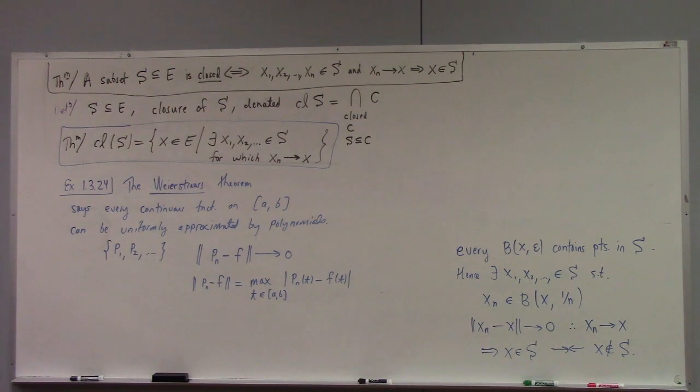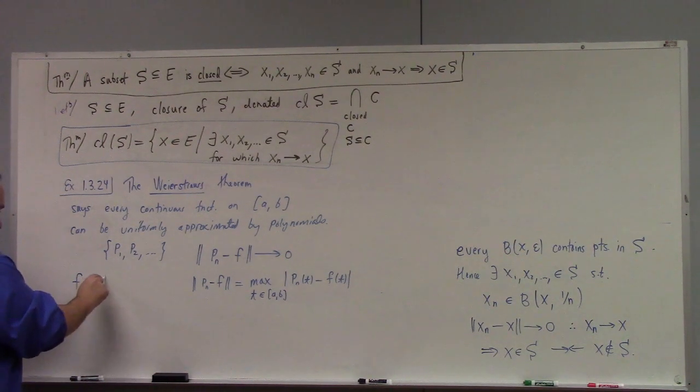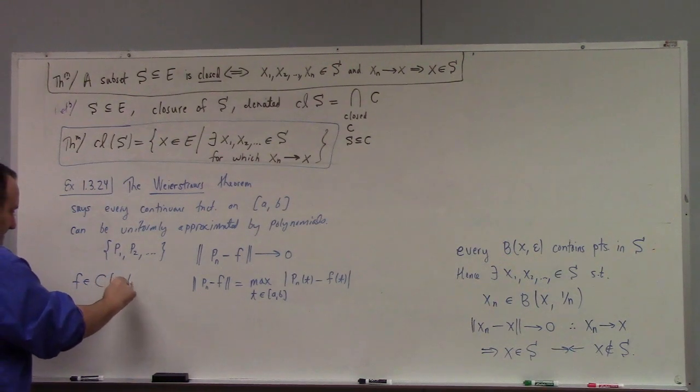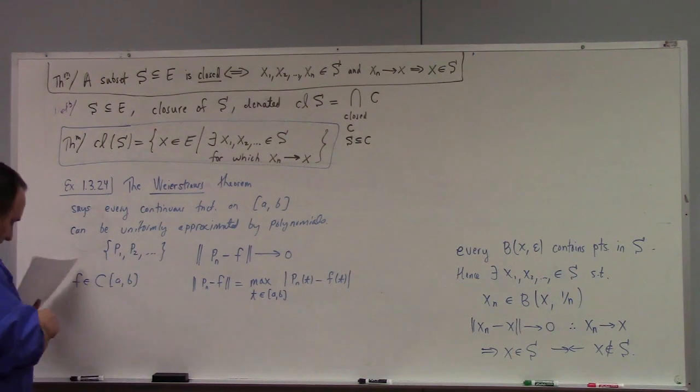He called it the uniform convergence norm, right? So here f is an element of just the continuous functions on [a,b], right? And what he says, that theorem, Weierstrass's theorem, can be understood to say here in terms of our current language,